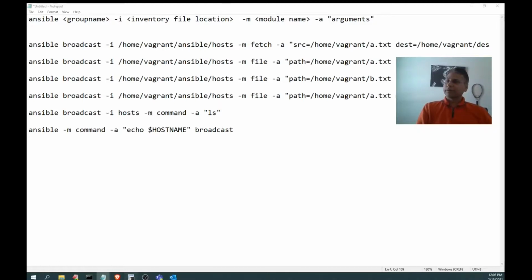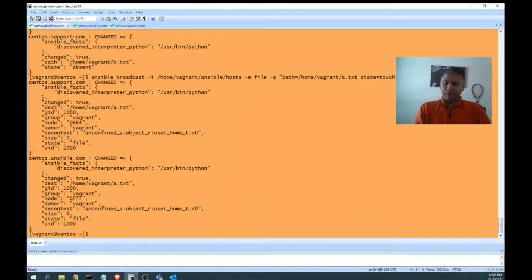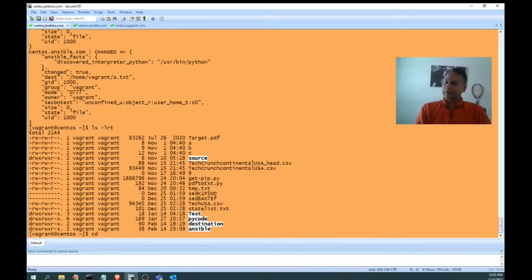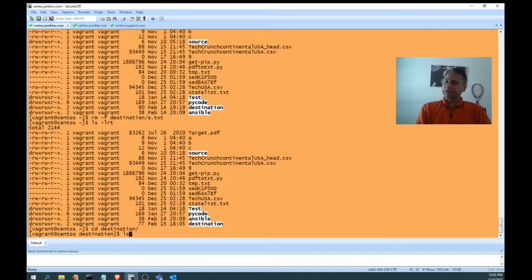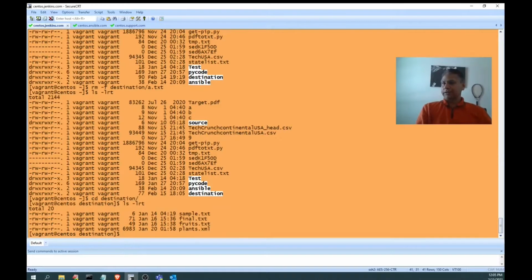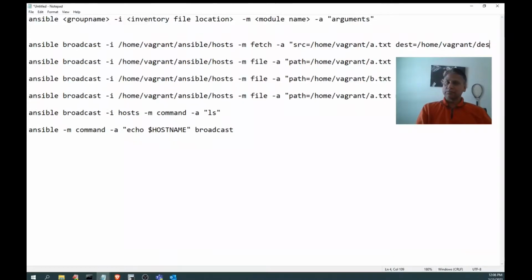Okay, in vagrant, a.txt to destination folder. Destination a.txt, cd destination. There is no a.txt over here. Okay, I am going to run this command now.